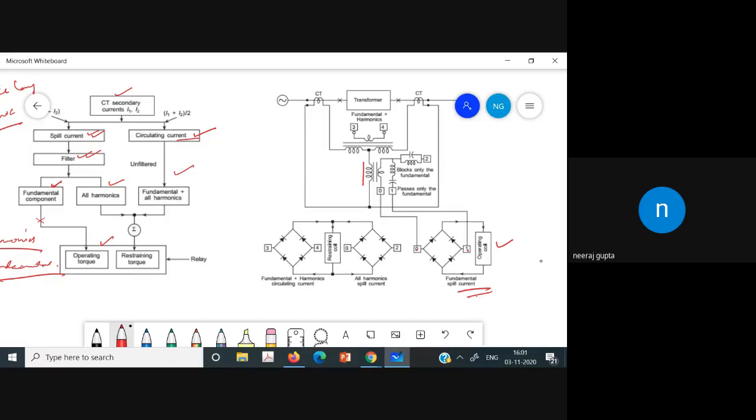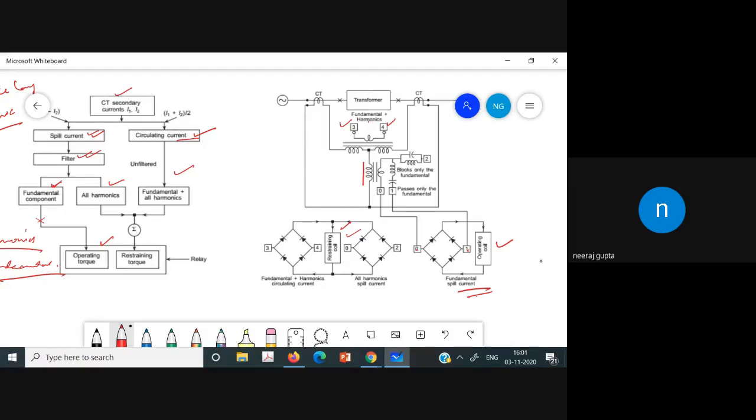0 to 2, and the filter is used, and it will see whether it has the harmonic component or not. And if it has the harmonic component, then it will give the restraint to the restraining coil for producing the restraining torque. Similarly, 3 and 4. 3 and 4 is actually the circulating current, and it is connected here. And if it has the harmonic component, definitely it will provide the restraining torque. So this is how you can implement it. This is about the percentage differential relay with the harmonic restraint.